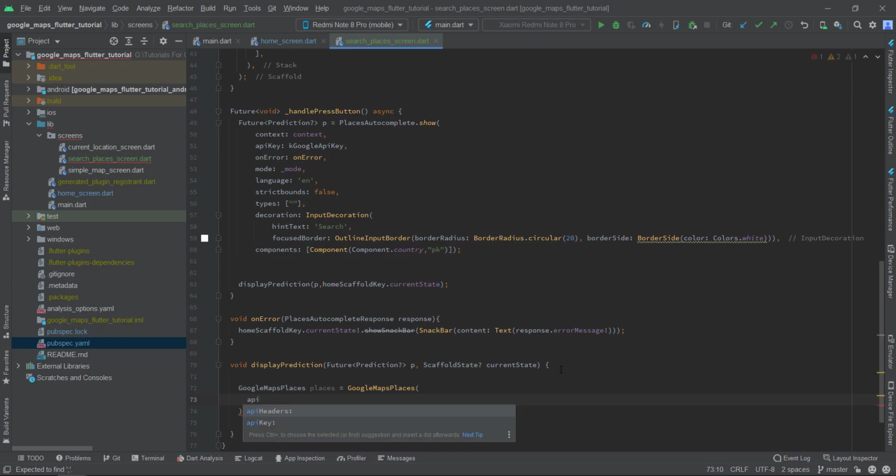Here you need to pass your API key again, okay, Google API key, and you need to pass API headers,